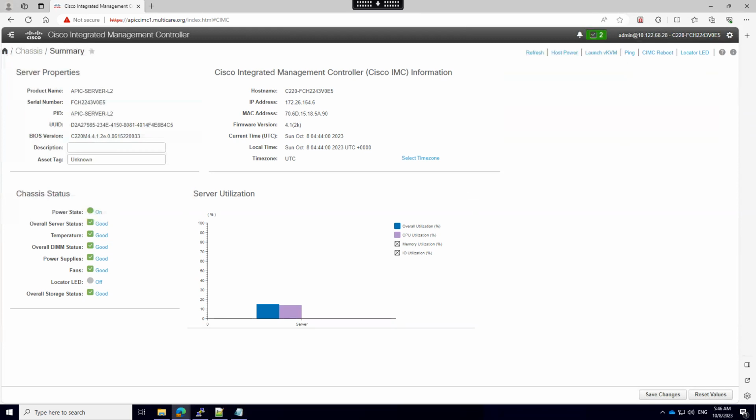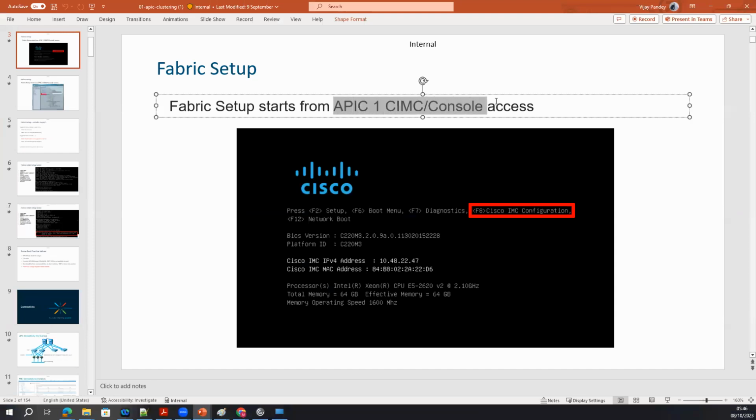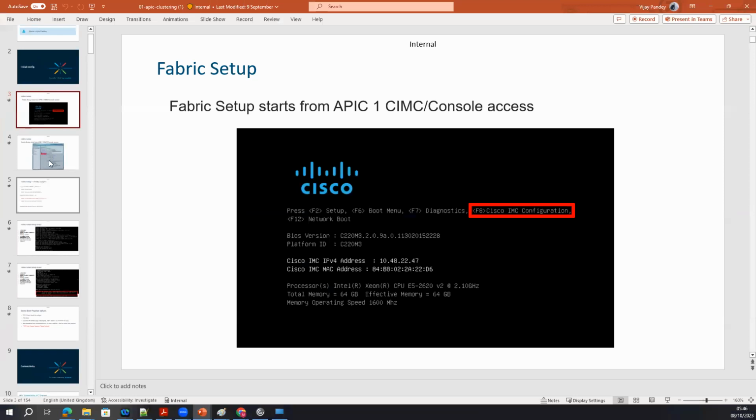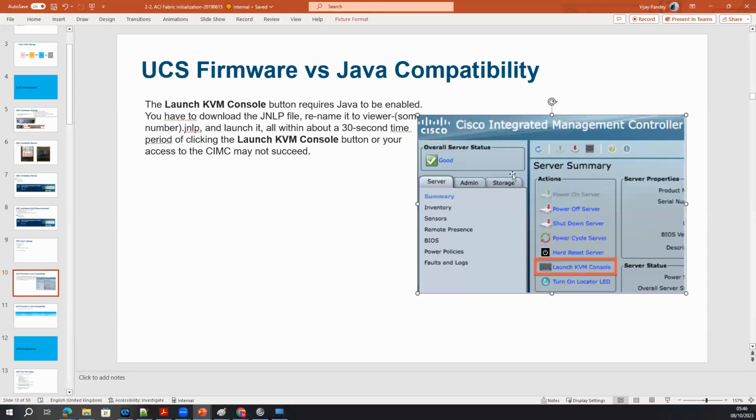But once you've done the CIMC console, once you're done with the CIMC interface, you will log into the graphical interface and you will launch the KVM console. Okay, KVM console button you will be seeing. I have the 4.1 version, so you see that this KVM is coming on the right side of my console.